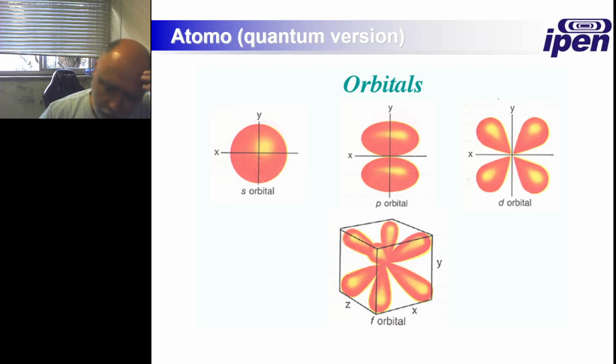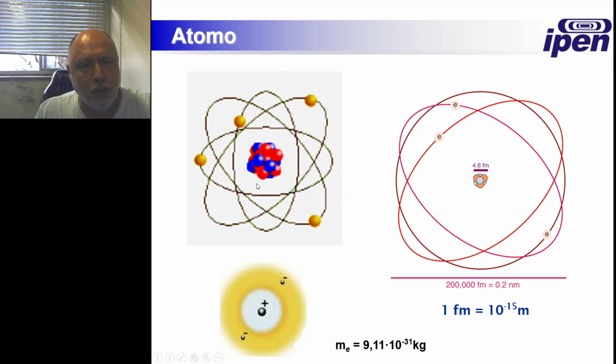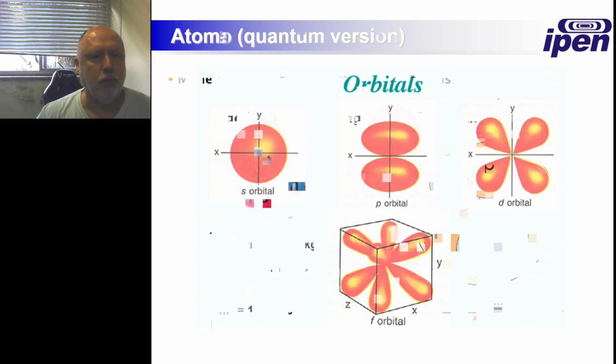So now just going a step further, I said, okay, it's not really this model, it's not really orbits like this. No, when you solve the quantum equations, you don't come to linear orbits, but rather to surfaces. And just to give you an idea, the s orbital is just like a sphere. The p orbital is just like two pills. The d orbital is like some droplets. And it goes like this, right? Just to give you an idea of what orbitals are about.